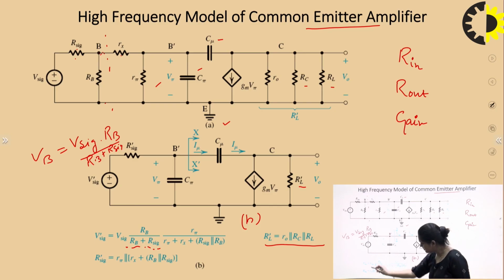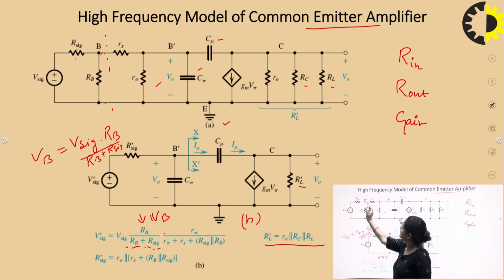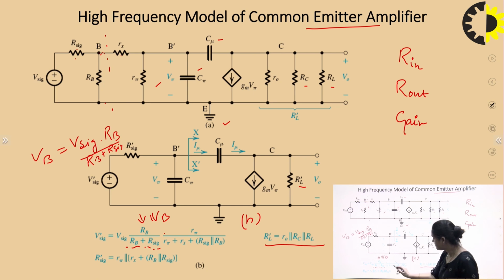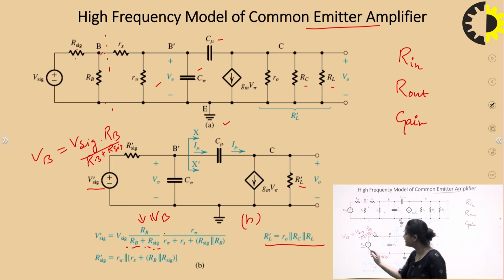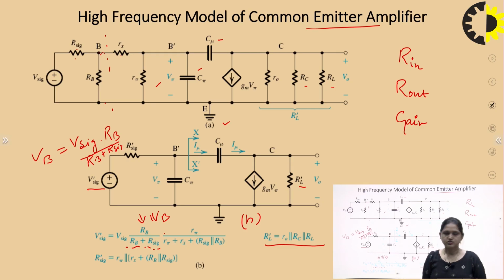So this complete voltage is actually VB, which we have already calculated. So this VB multiplied by R pi divided by R pi plus Rx, because with this Rx, these two parallel combination will be in series. So this will become Rx plus R signal parallel R pi. So this is the value of V signal dash. We have simplified these 1, 2, 3, 4, 5 components with these 2 components, V signal dash and R signal dash. So I hope it is clear how we have calculated V signal dash.